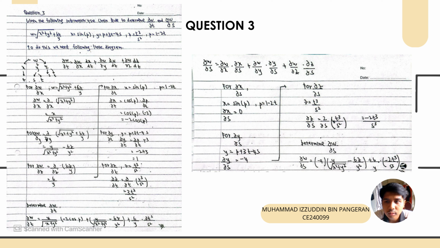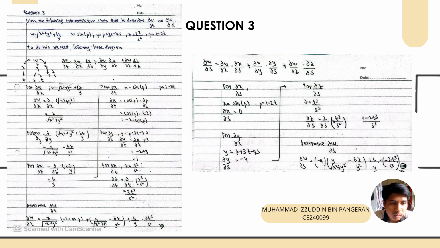Our goal is to find the partial derivative of w with respect to t and also with respect to s. To do this manually, I first substitute all the expressions into w, so that w is written only in terms of t and s. Then I apply the chain rule carefully. This means I have to take into account how each part of the function depends on t and s, either directly or through the variable p.